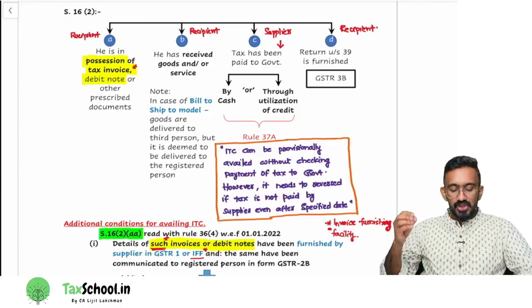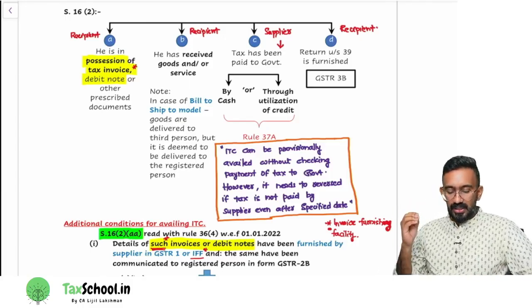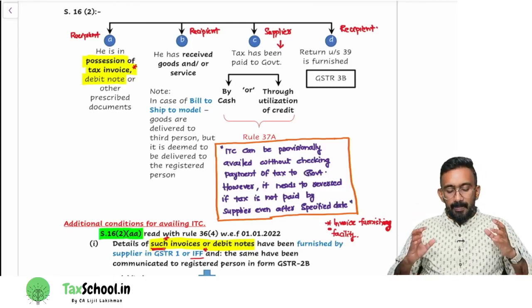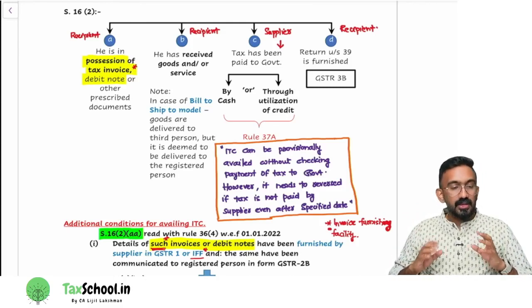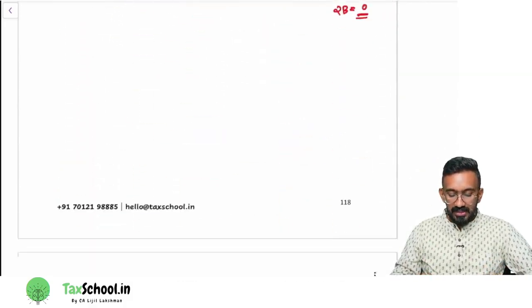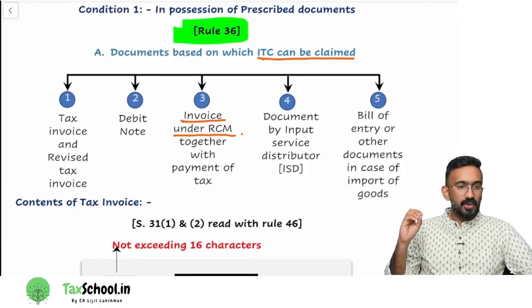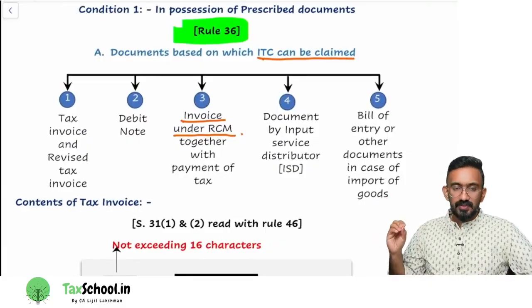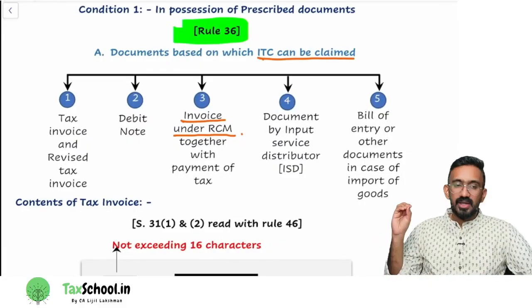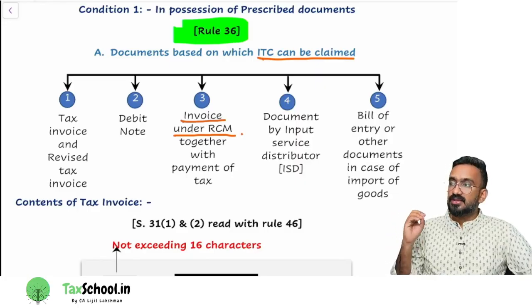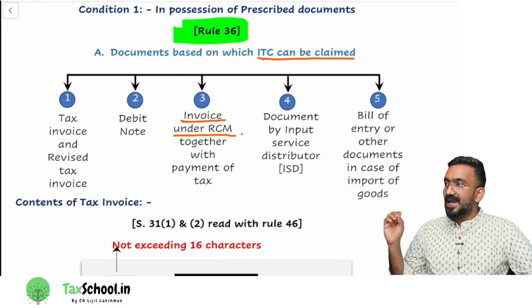He is in possession of a tax invoice, debit note, or other prescribed document is one condition that they have kept. Now, what do you mean by prescribed document? I have listed the 5 documents upon which you can take ITC. You can look at here. You can take ITC based on your tax invoice or revised tax invoice. You can take ITC if you have your debit note, invoice under RCM together with payment of taxes, document by